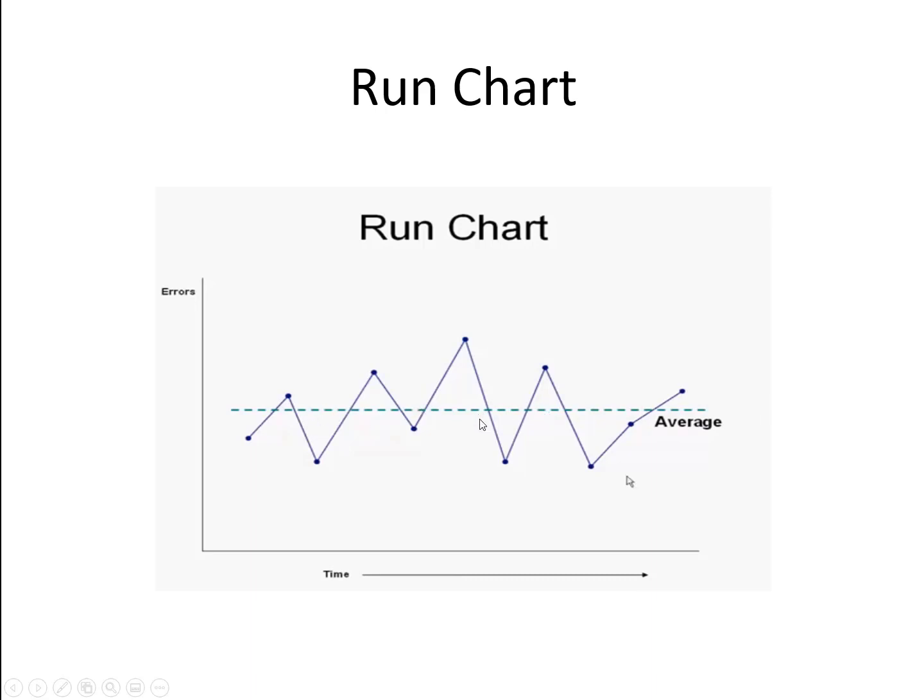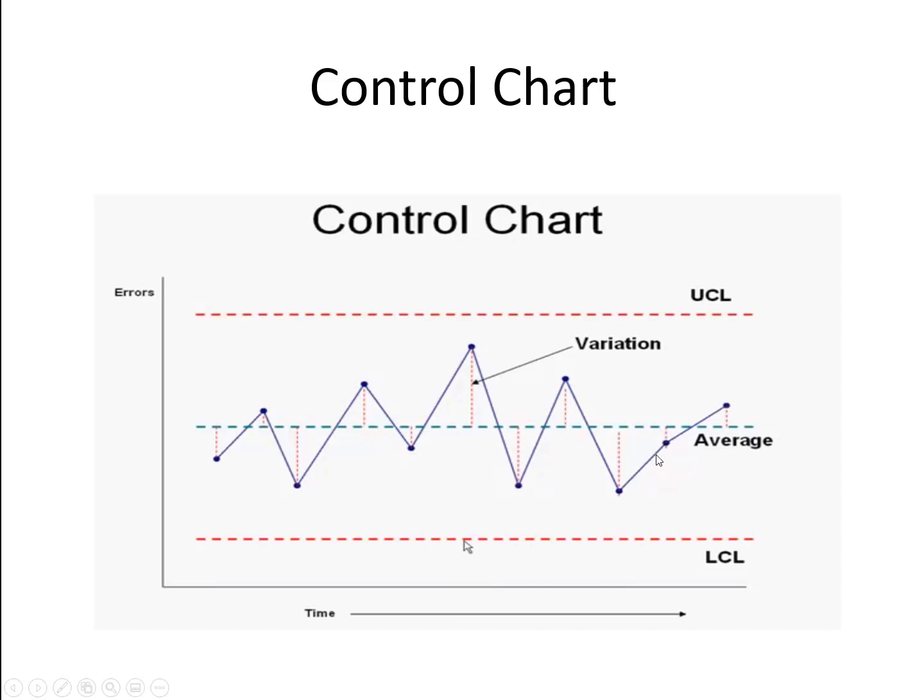Then we will check what the deviation from the mean line is. There is too much deviation. The deviation is up and this deviation is down. Similarly, with each point there is some deviation. In the next step we will construct this run chart, and then on the basis of this average line we will design the upper control limit and the lower control limit.